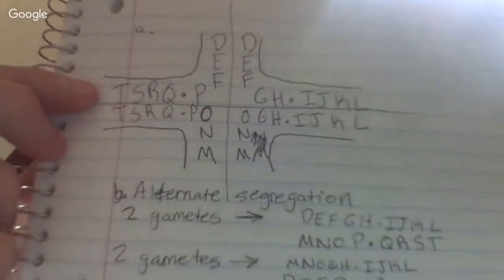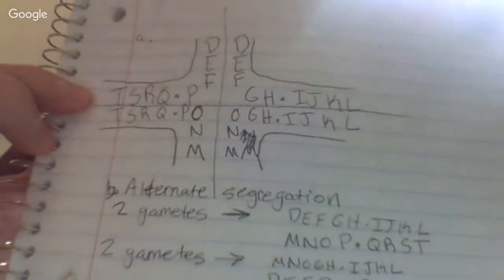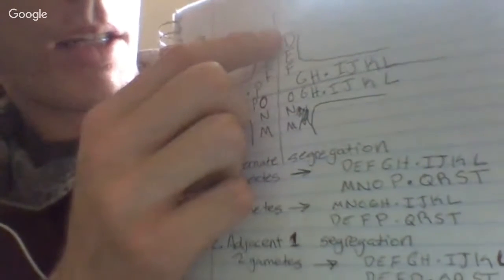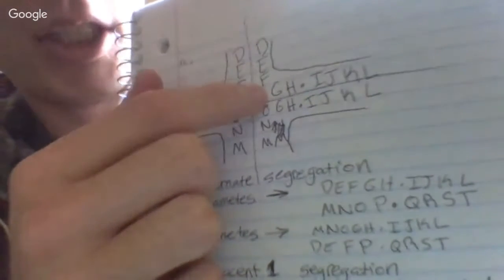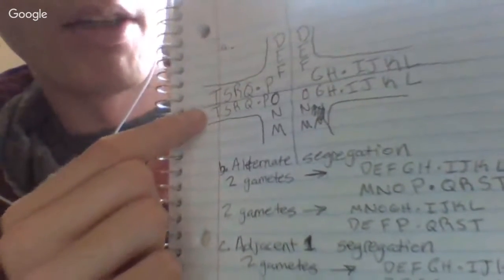Again, I hope that I can explain this simply. This right here is diagramming the synapsis of these chromosomes in prophase 1. So we have our normal chromosomes right here: D, E, F, G, H, I, J, K, L. And then our other normal chromosome is